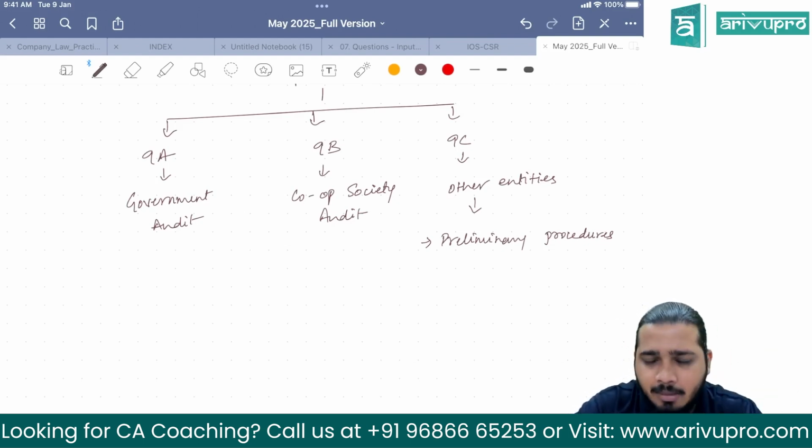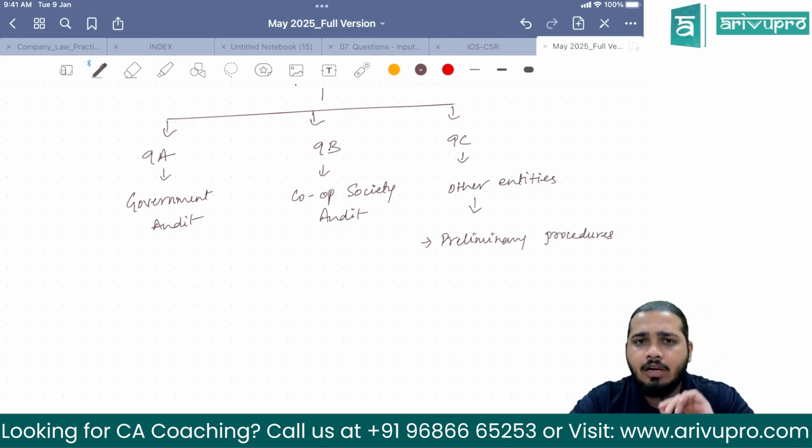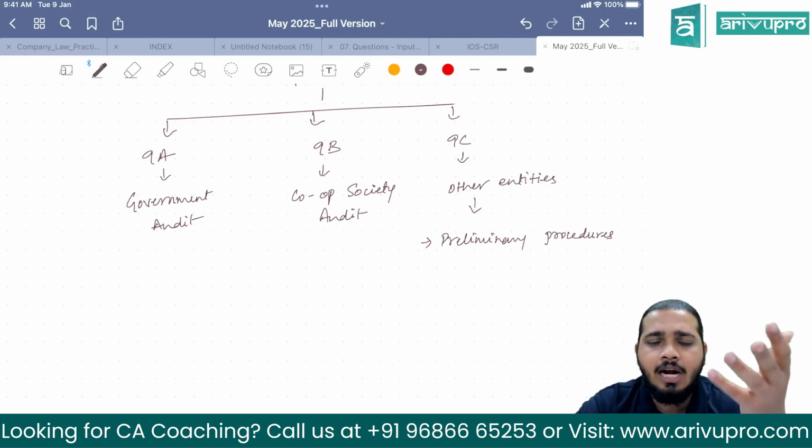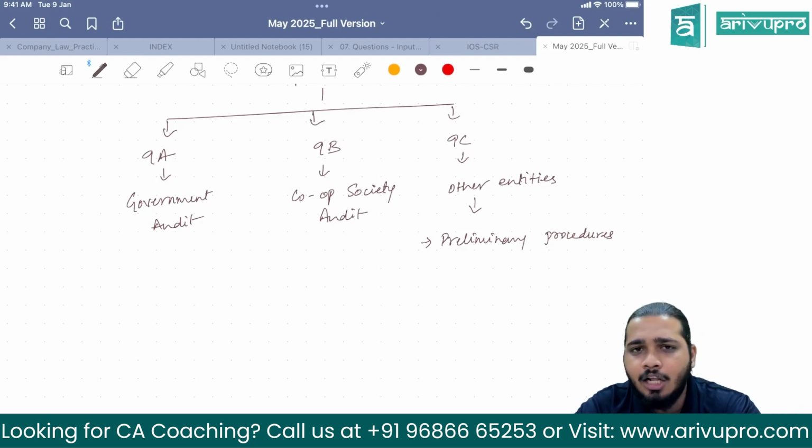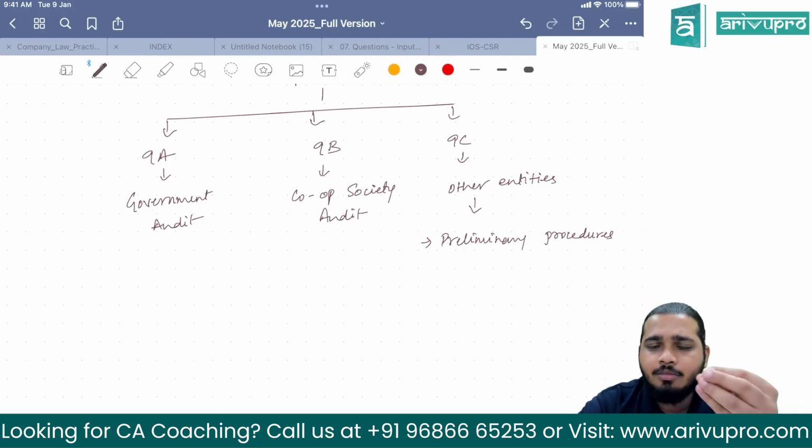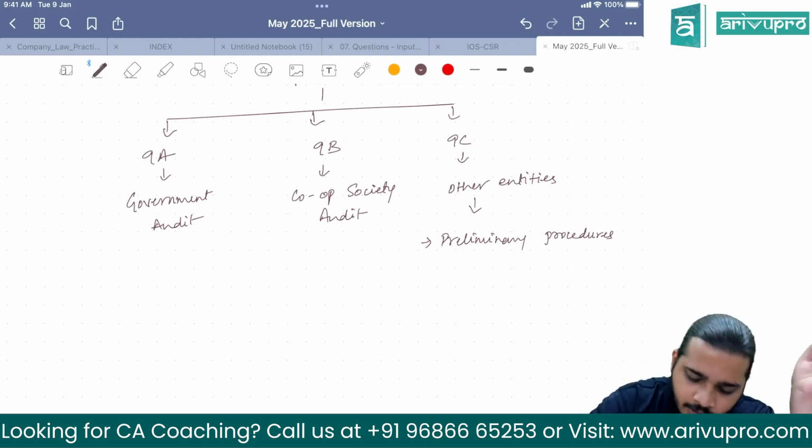What acts are applicable for them? What is the accounting system they are maintaining? So getting to know the client, in our audit language, is basically understanding the entity, its environment and internal control. Clear? So that comes under preliminary procedure. Then comes